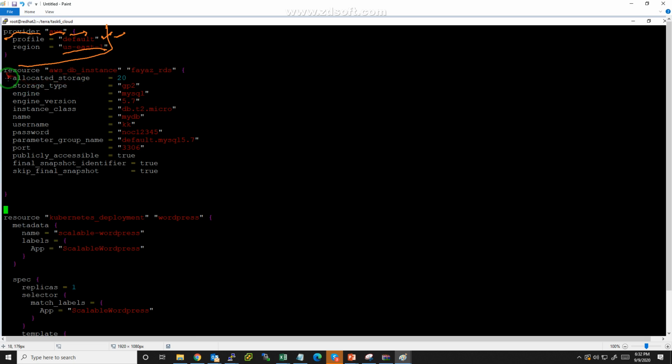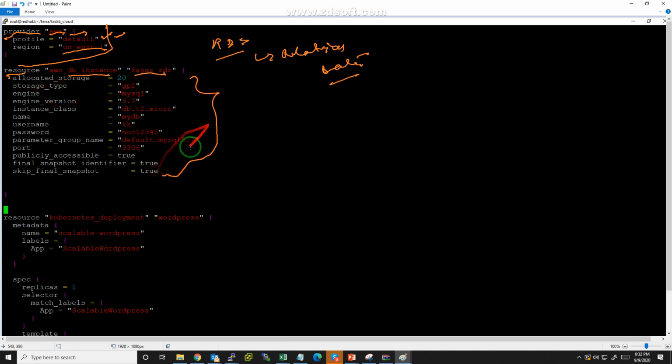That's why we have created the profile in our local system. After that you have to create a resource, because we need a DB instance, which is RDS, a relational database I have told you about. So we are creating a DB instance here, and the DB instance name would be FayazDB. I have set these parameters in the resource: I need 20 GB, my engine would be MySQL, and the version is this.